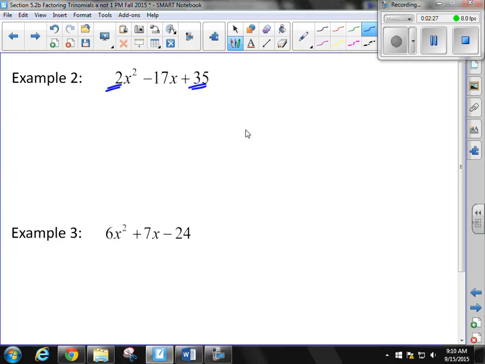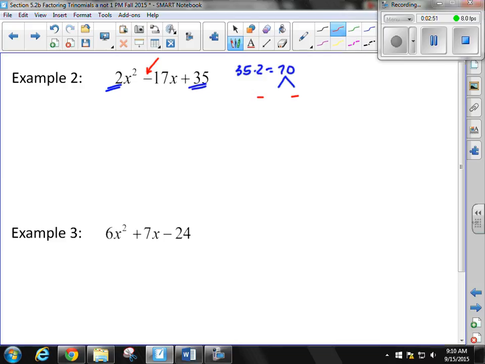A times c is 35 times 2, or 70. And then we need to look at all the possible combinations of 70. Now this time I do have to be concerned with positives and negatives. I have a negative sign here. The only way to multiply to get positive 70 and add up to a negative 17 is if both of